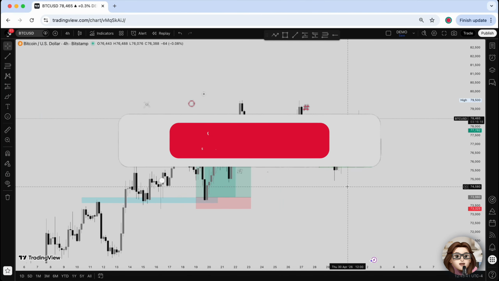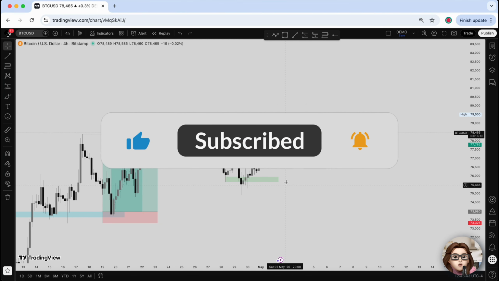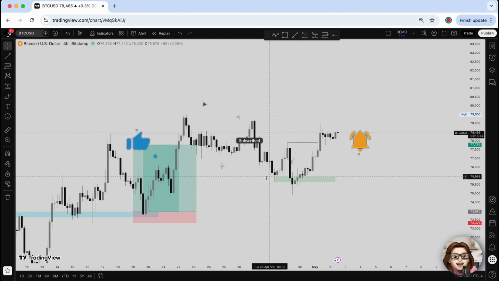In this tutorial, I'll show you how to export chart data from TradingView so you can analyze it in Excel